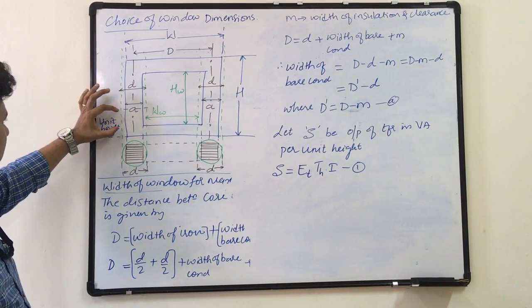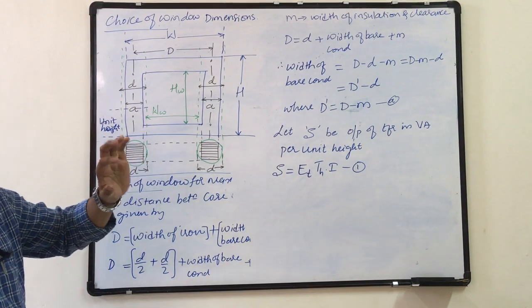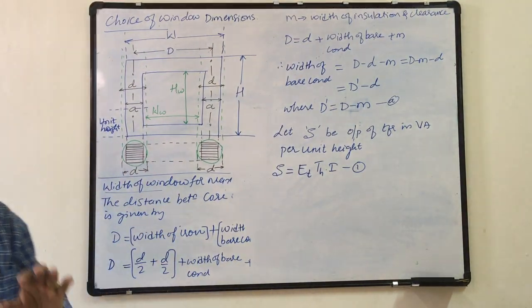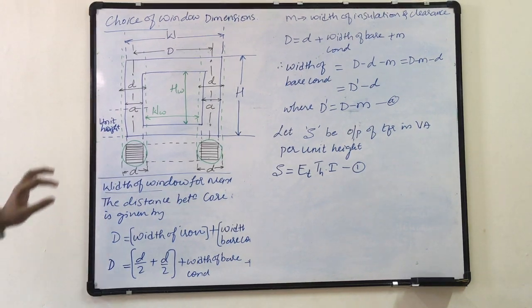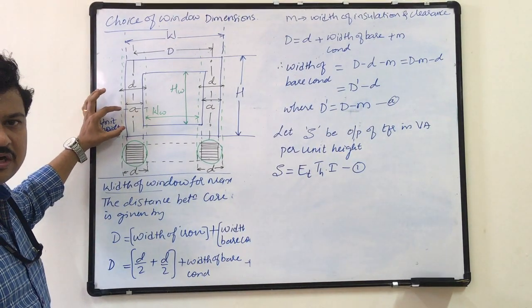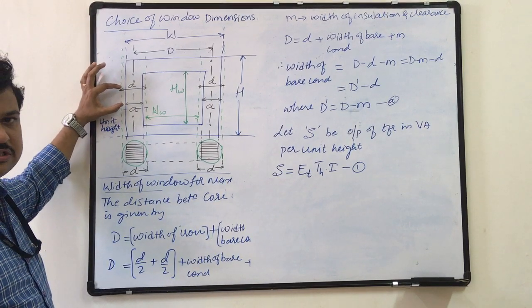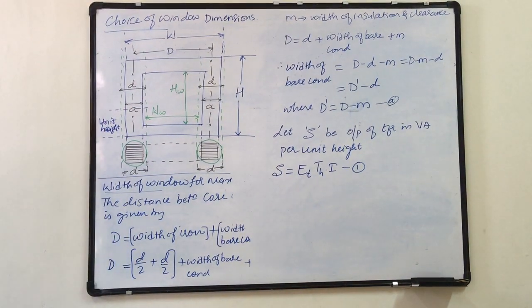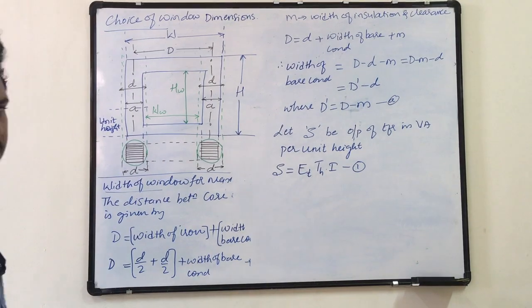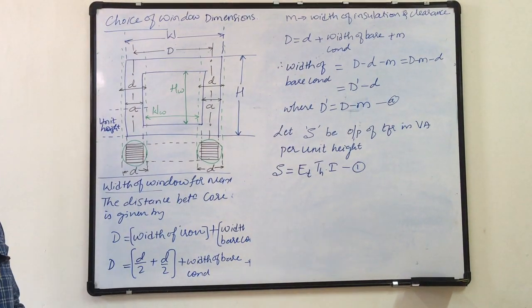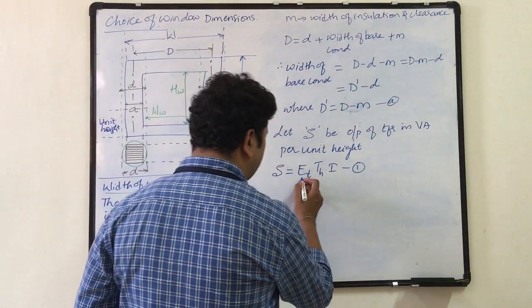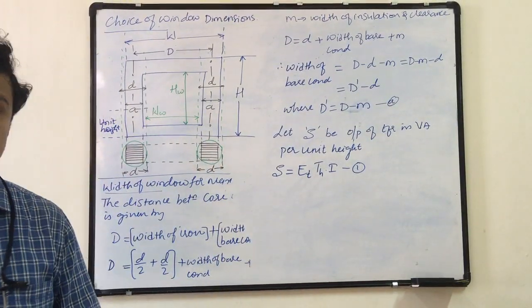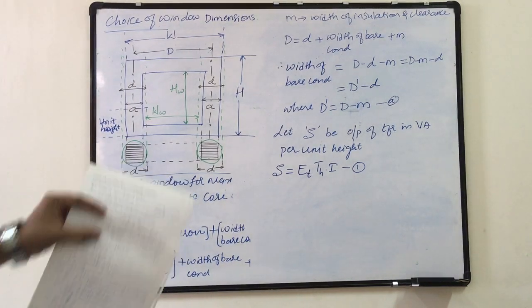Suppose in 1 unit height there are 10 turns and EMF per turn is 10. Then in first unit height the voltage is 100. The second unit height voltage is 100. Third unit height voltage is 100. The total voltage is 300. But the current will not be of that sort, current will be same, whether it is in the bottom turn or at the top turn or at the mid turn. So I don't consider current per unit height. So what will this give? ET into TH will give us voltage per unit height multiplied by current, that is output per unit height.